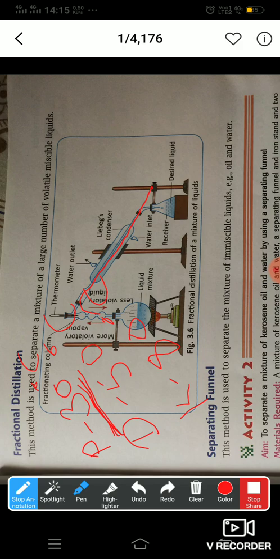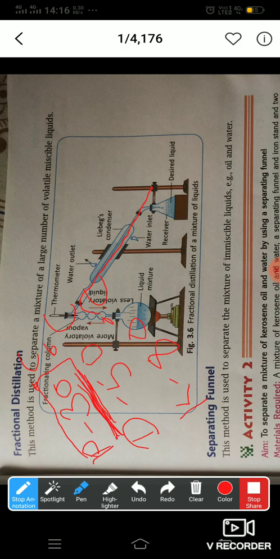Now, once the temperature starts rising above 30 degrees Celsius, the temperature will not rise unless and until the entire component petrol is converted into vapors. Once the entire petrol gets converted into vapors, the temperature will start rising.